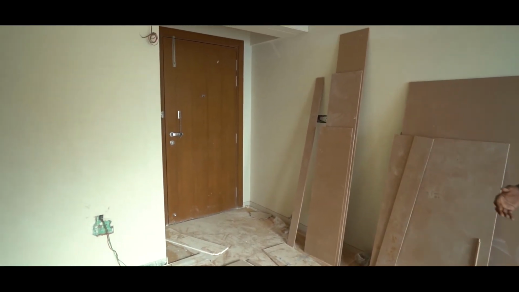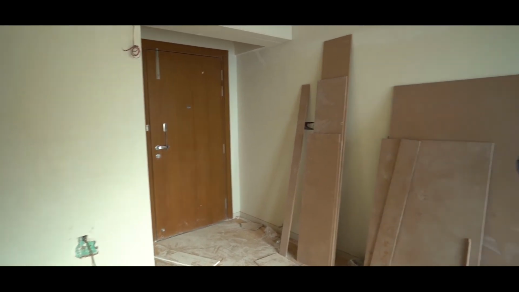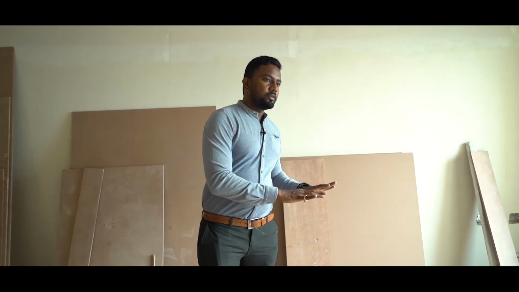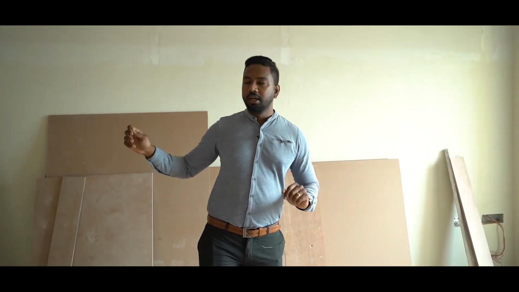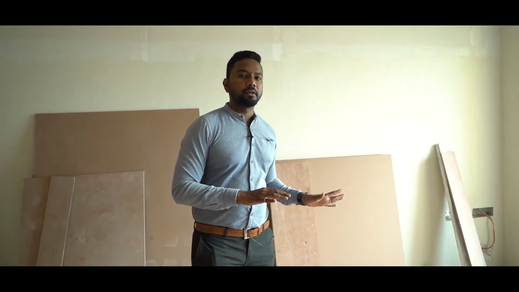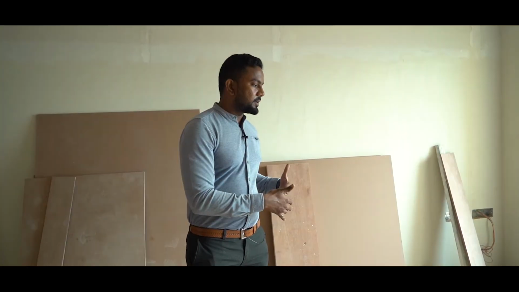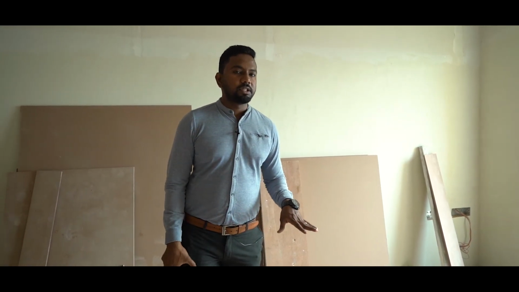Once you enter, you don't see family members sitting on the sofa directly. Once you are sitting on the sofa, you have complete privacy. If someone comes and knocks, or the door is open, they won't be able to see who is sitting here because of the vertical screen. So this space will act as a normal sitting area.